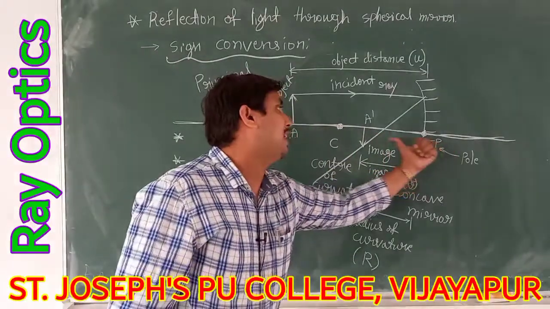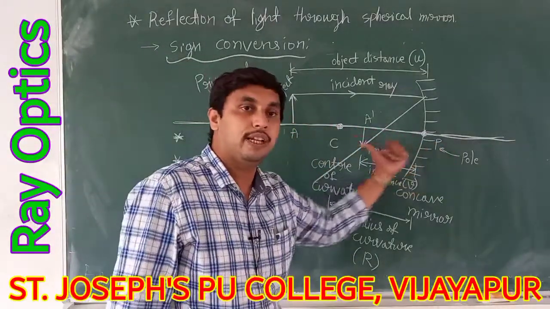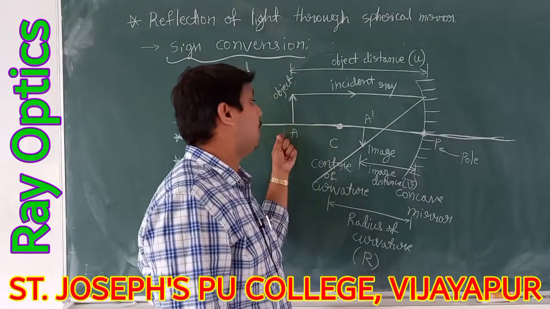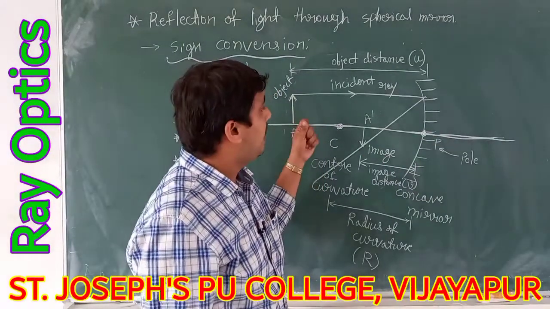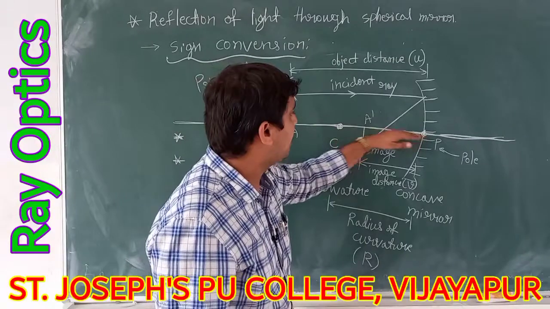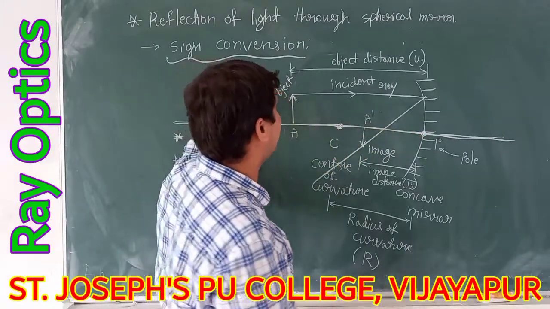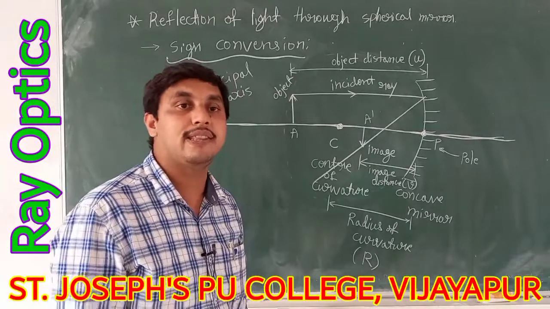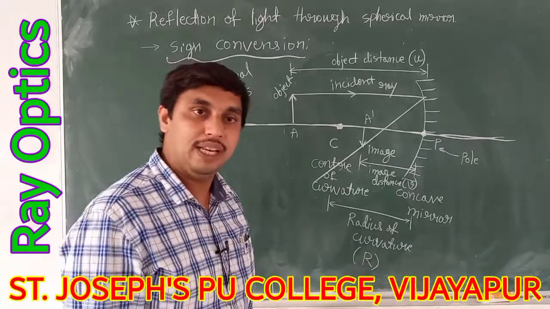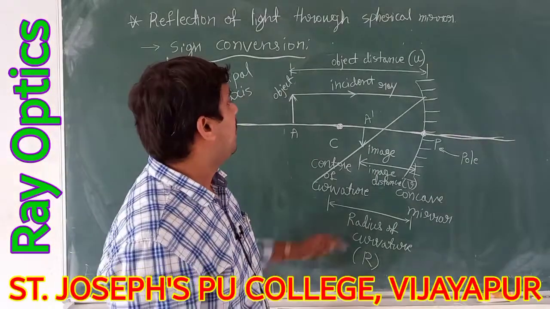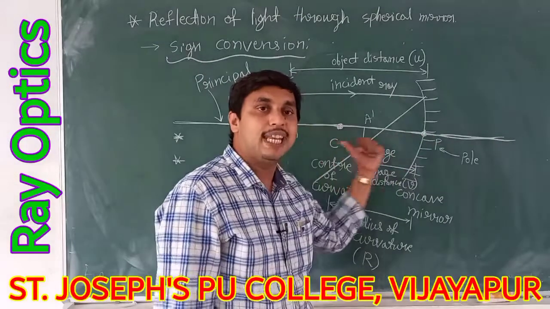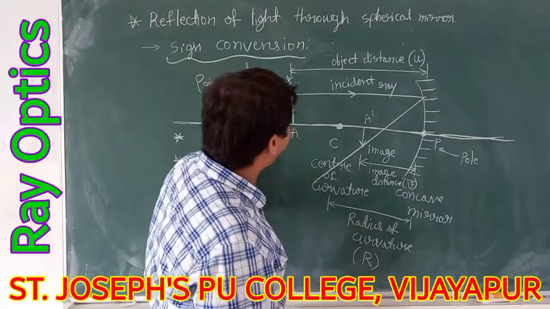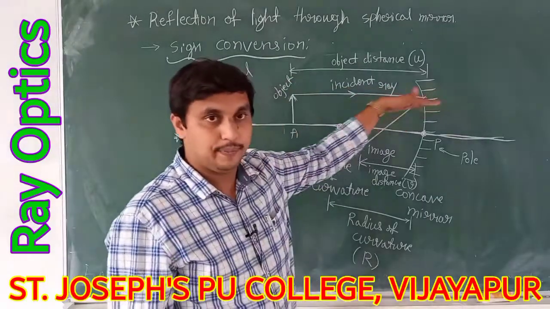So my measurement is in this direction, pole to object A. Now I have to compare this direction of measurement with the incident ray. The simple convention is that any measurement along the direction of the incident ray